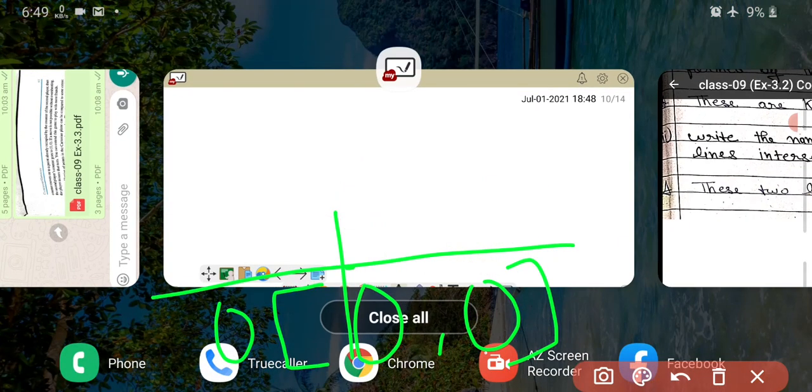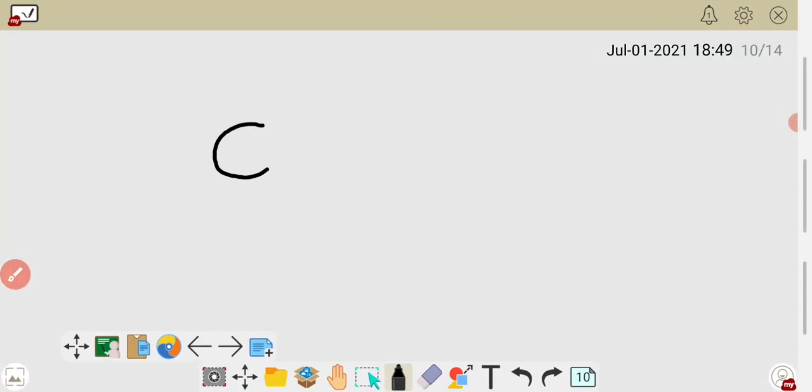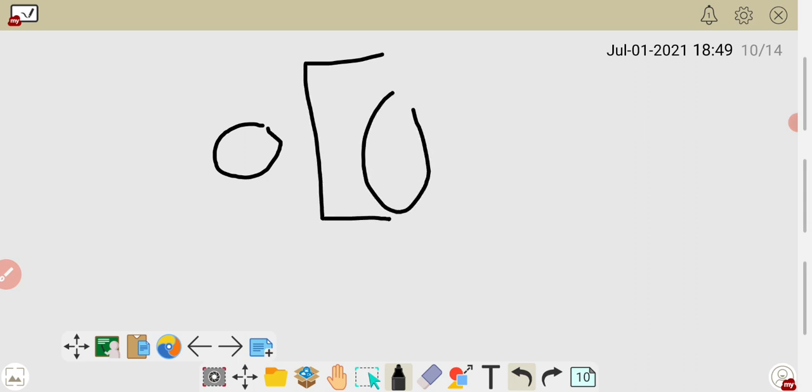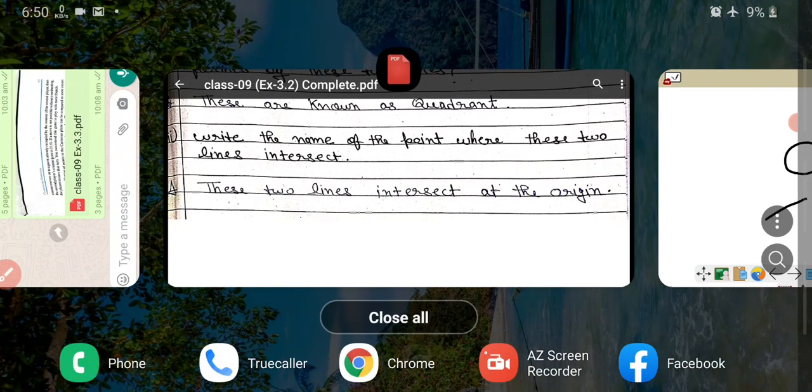Okay, I will tell you how to write that. If you write O for origin, then you write it in a circle, and if you write the number 0, then you write the oval shape. So O means origin, and the coordinates are 0, 0. It means the value on the x-axis is 0 and the value on the y-axis is 0, and 0 is neutral, so it is neither negative nor positive. It is always neutral.